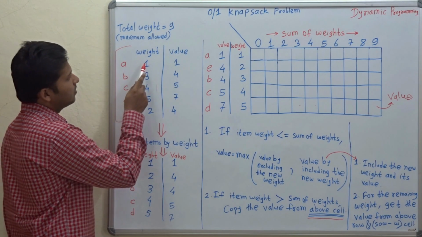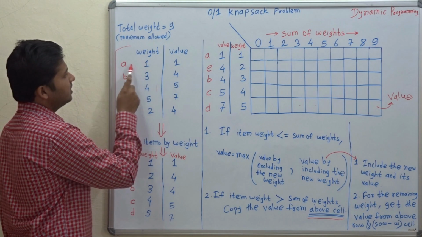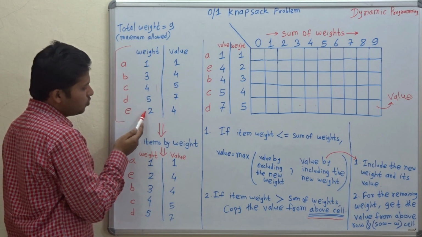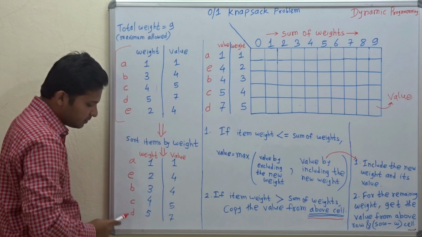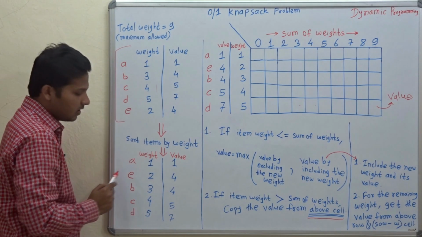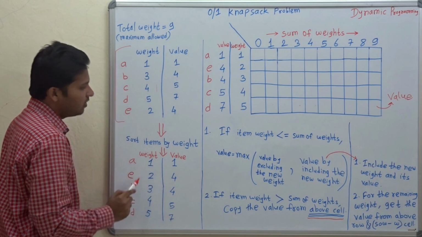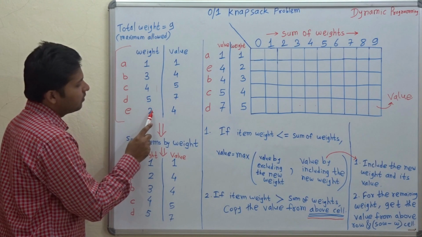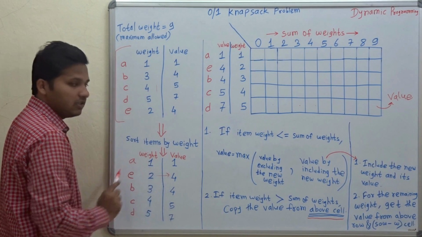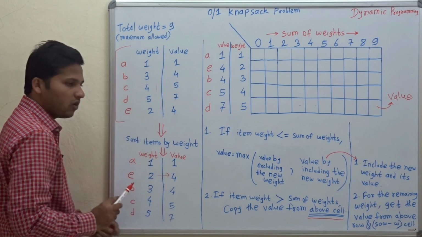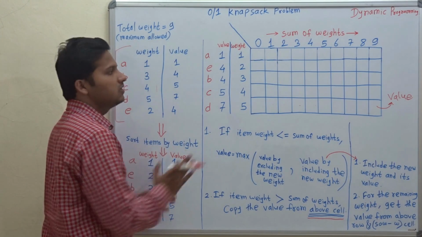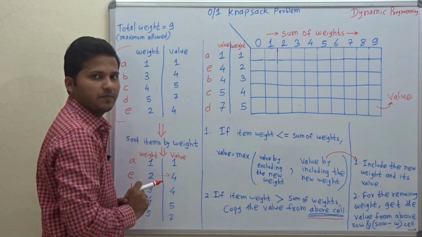As the name of the weight 1 is A, then weight 3 is B, then weight 2 is E. I have written the respective names. You can check the name of the weight 2 is E, and I have written the respective value. So the value of weight 2 is 4, which I have written here, and similarly for all others. Now let's start with filling this memoization matrix.